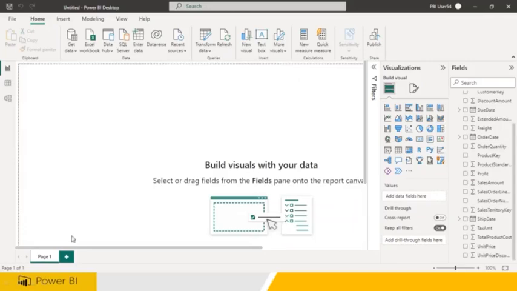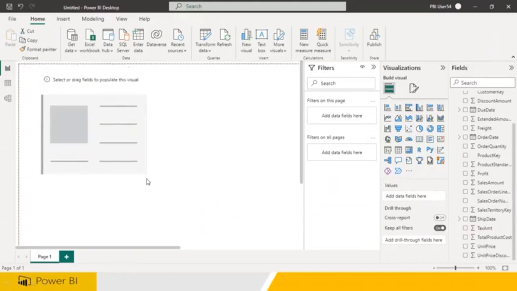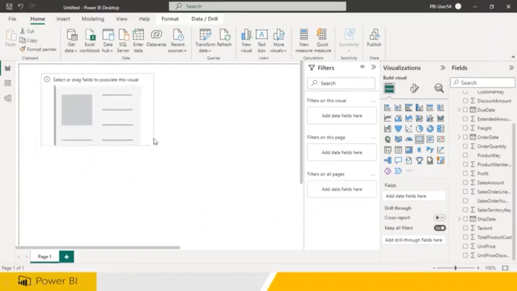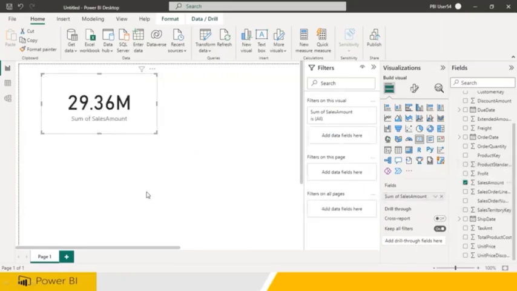I go to page number one. So I am going to go here. There is a card visualization. So a lot of visualizations, whatever you need, you click on this first. When you click on it, you will be able to get it, and you can adjust. What is the column you would like to drag and drop? Sales amount I wanted to drag and drop. That's it. That complete total sales is